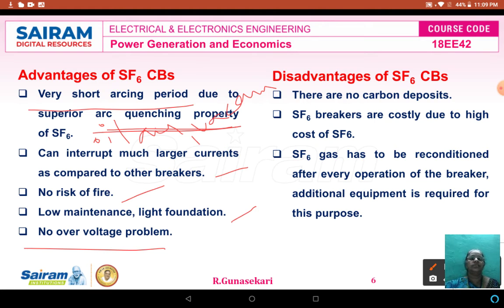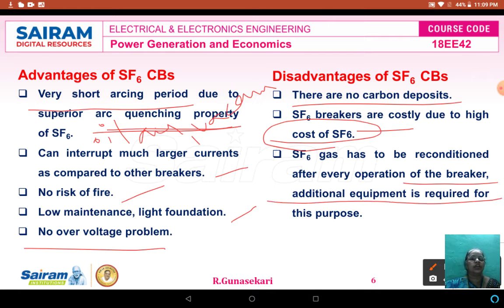What are the disadvantages? There is no carbon deposit, and the SF6 is costly, because of the cost of SF6 gas. The SF6 gas has to be reconditioned after every operation of the circuit breaker. Additional equipment is required for this purpose. These are the disadvantages of